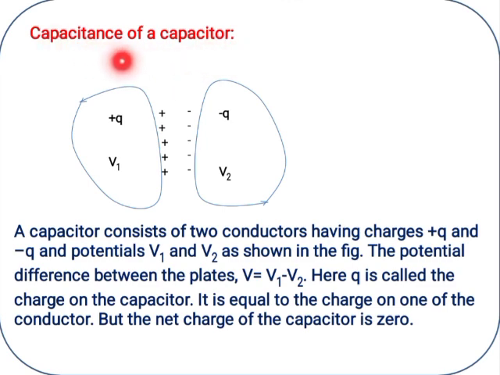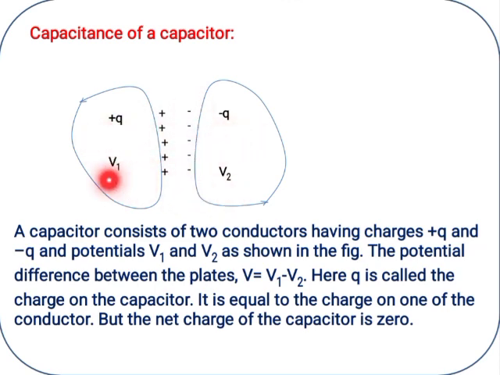Then what is capacitance? It is the ratio of the amount of electric charge stored on a conductor to a difference in electric potential. That is nothing but capacitance. Suppose we consider two conductors, irregular in shape. These are the metal plates, or two conductors, where the charges are accumulated on the surface. You can see in this diagram, positive and negative charges are accumulated here: plus Q, minus Q.